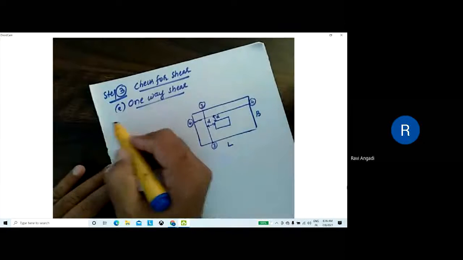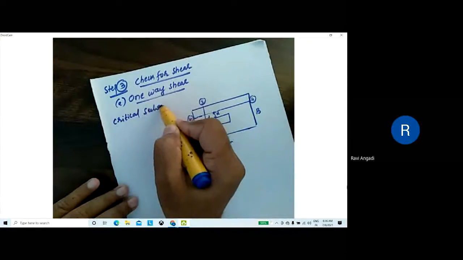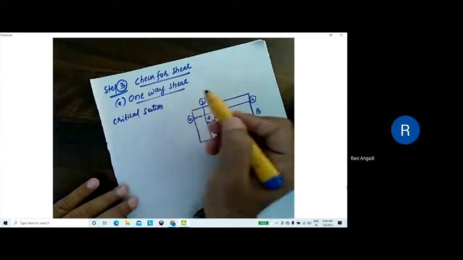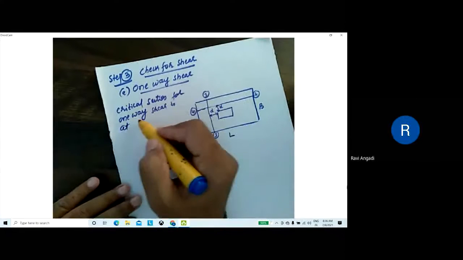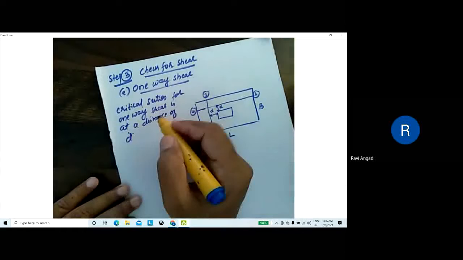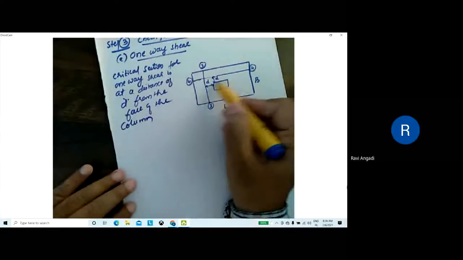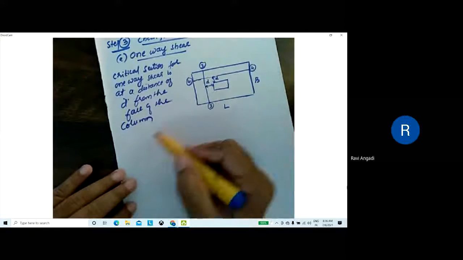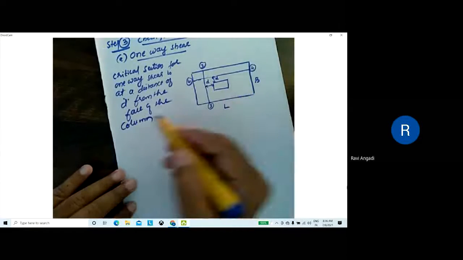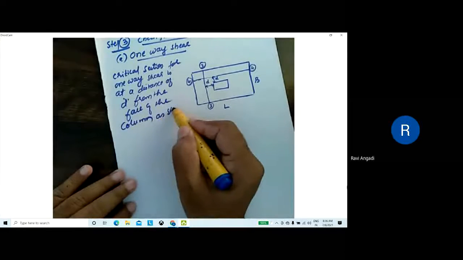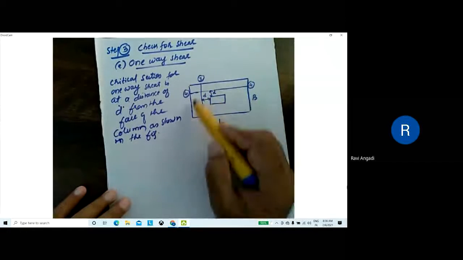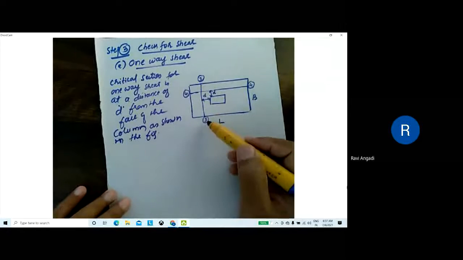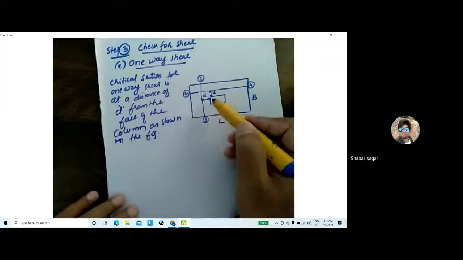So here you write: critical section for one-way shear is at a distance of D from the face of the column, as shown in the figure. I hope this diagram is visible to you all.